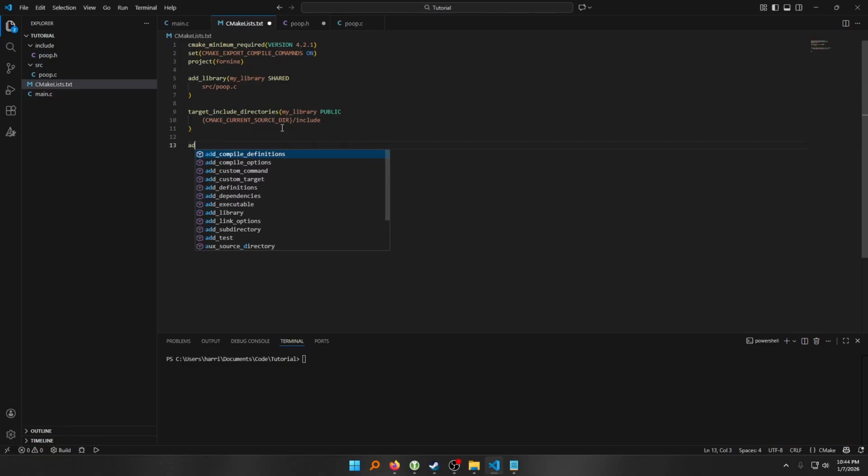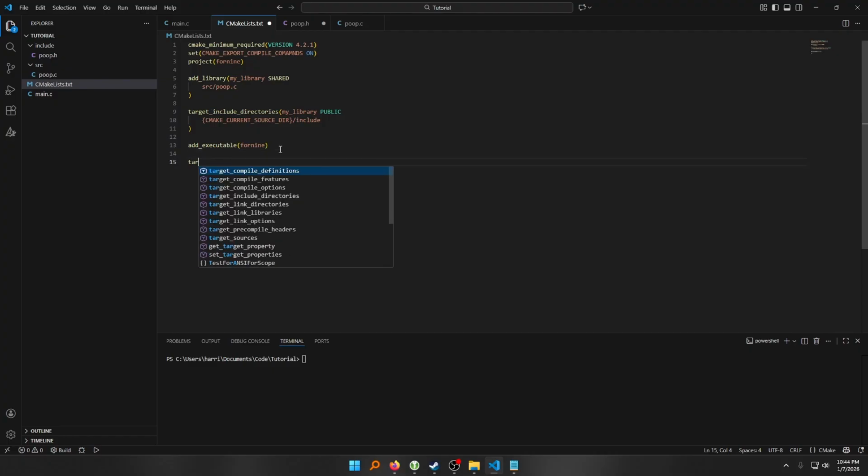Okay. And then add executable. Add executable meaning I want to generate 49. This is going to be our executable that we run. And then we need to tell it that we are linking the library. So we simply do 49